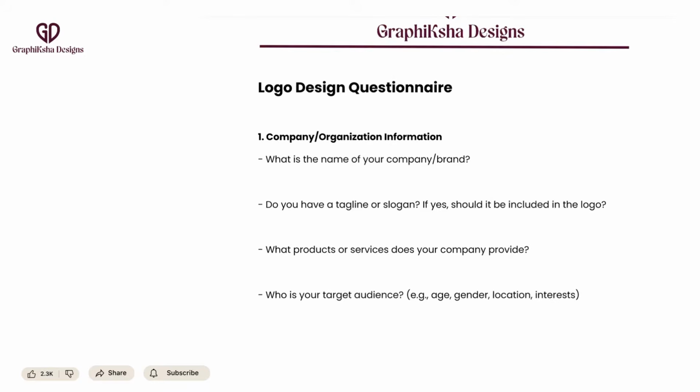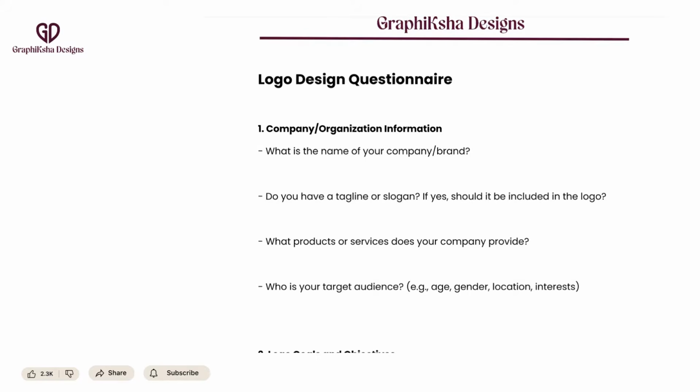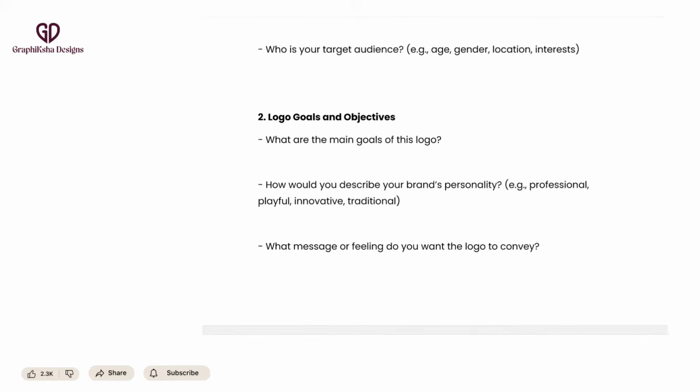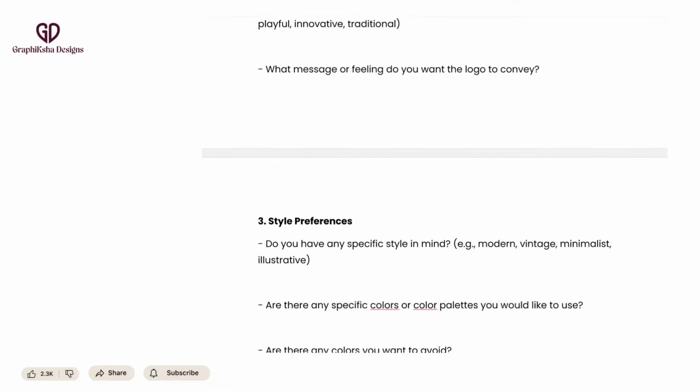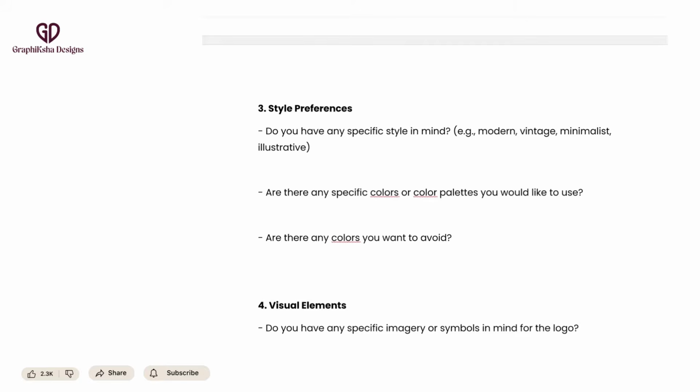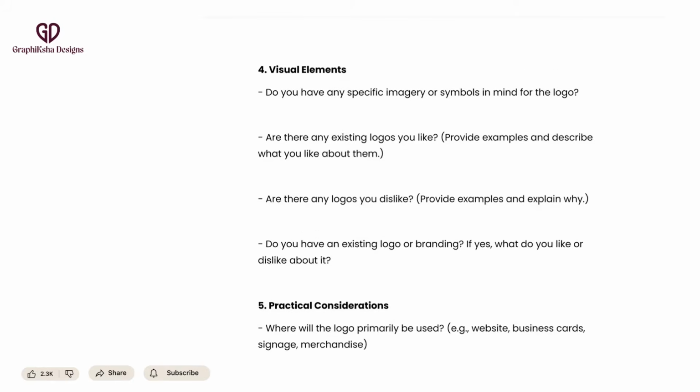In this questionnaire, we ask questions like the name of the company, the tagline, what products they sell or what services they provide, who the target audience is, what the main goal of the logo is, what the brand personality is, what feeling they want to convey, whether they have any specific style in mind, specific colors they want to use or avoid, or any specific imagery they have in mind, or whether they have any existing logo and why they want to redesign it,